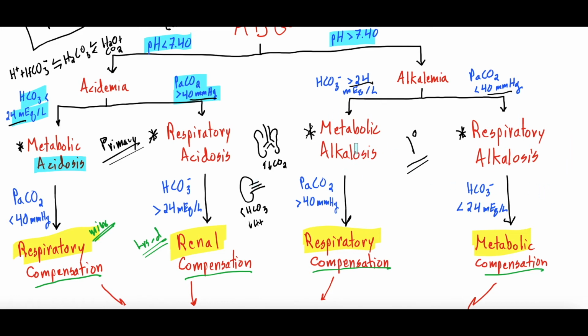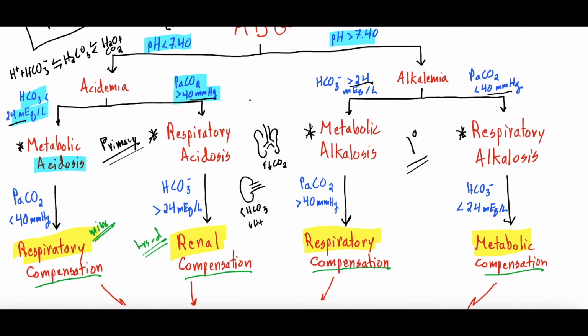If there's a metabolic alkalosis, meaning the blood is not acidic enough, the appropriate compensation is to try to make the blood more acidic. So the respiratory system should be increasing the amount of CO2, because that will drive this equation to make more hydrogen ions, which makes the blood more acidic, and that's an appropriate respiratory compensation. This is in contrast to if the opposite was happening, where then you'd have a combined metabolic and respiratory acidosis